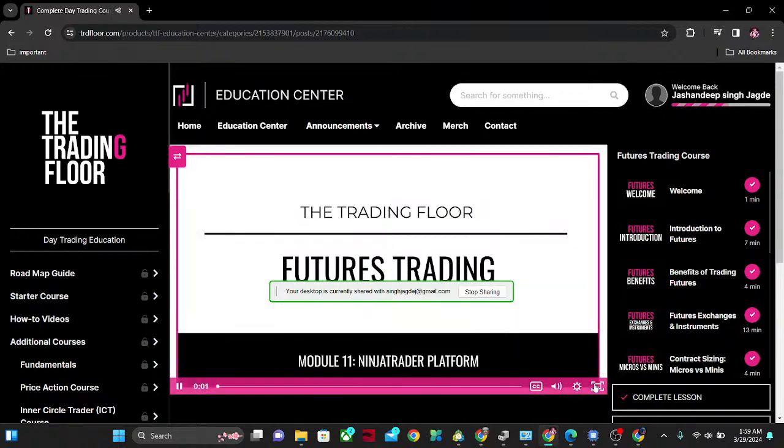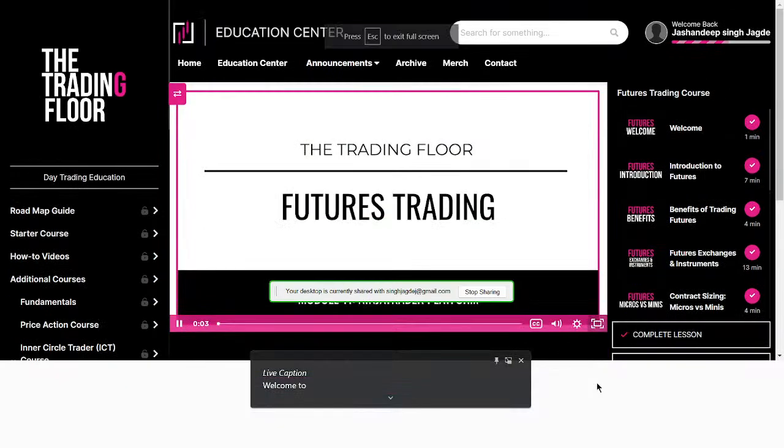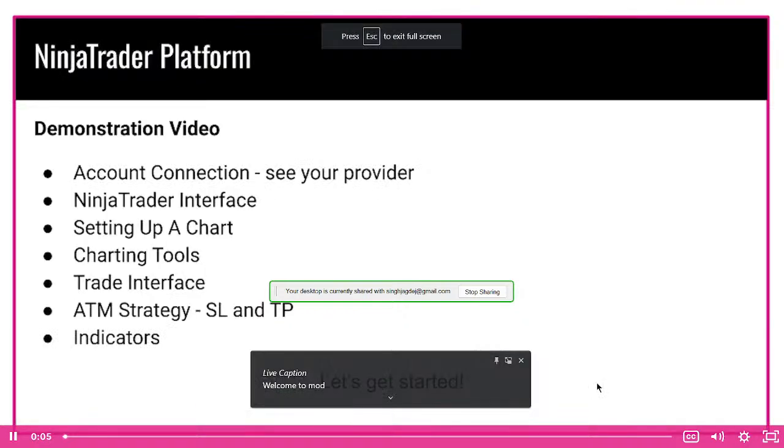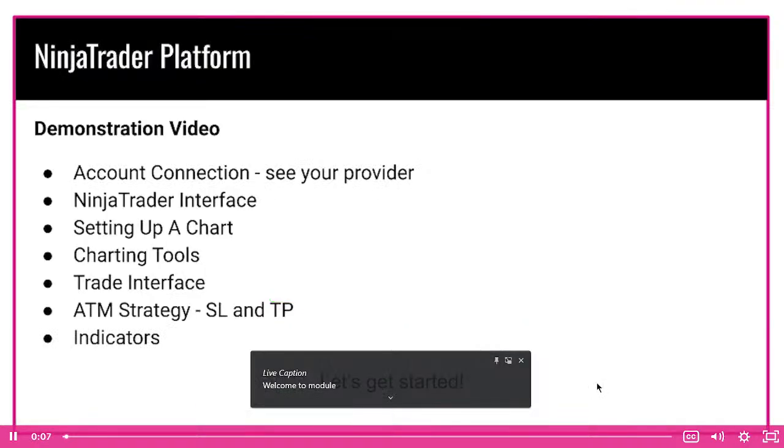Welcome to Module 11 of the Trading Floors Futures Trading course. In this module, I'm going to show you the basics of setting up and navigating the NinjaTrader platform. I'm going to show you where to connect your account, the NinjaTrader control panel interface,